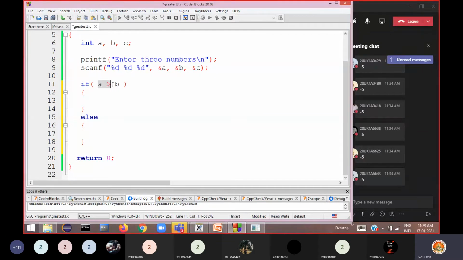Now, if a greater than b, assume that is true. If this is true, it is assumed that a is greater among these two, a and b. Now we need to compare a with c. Yes or no? So inside the if, you write another if statement. So if a is greater than c,